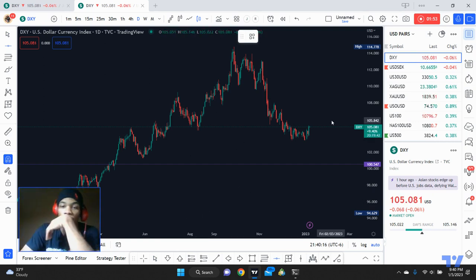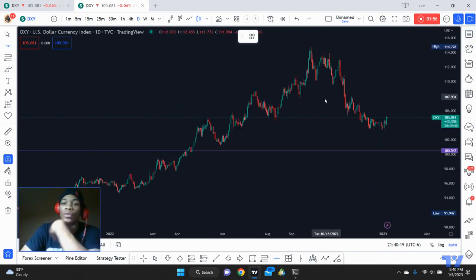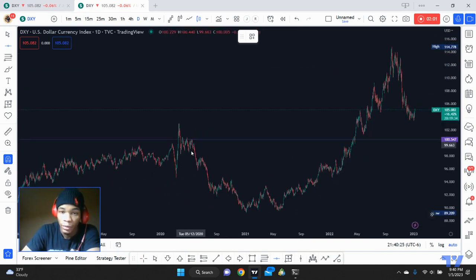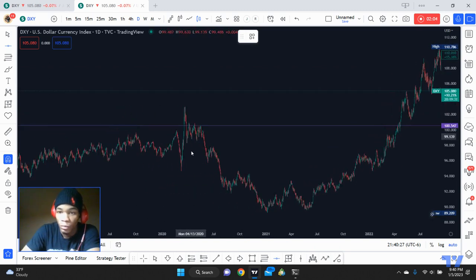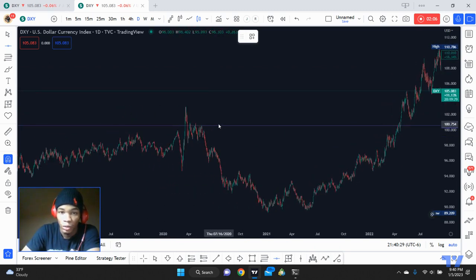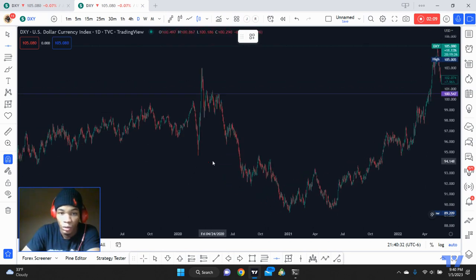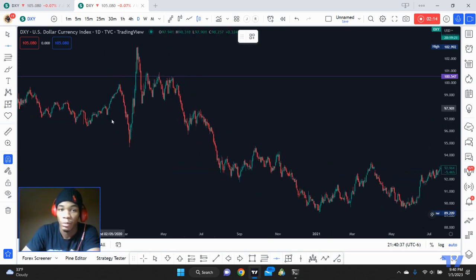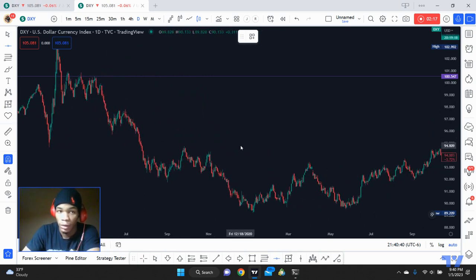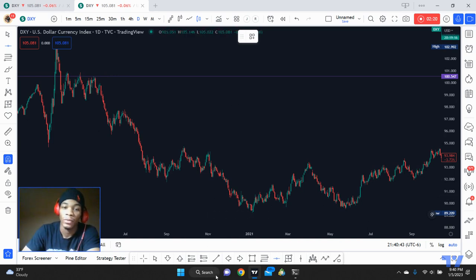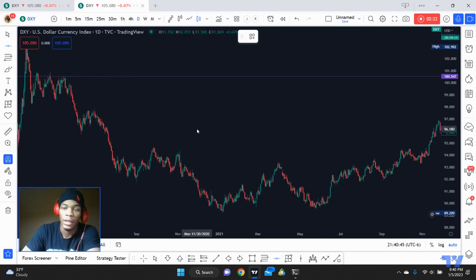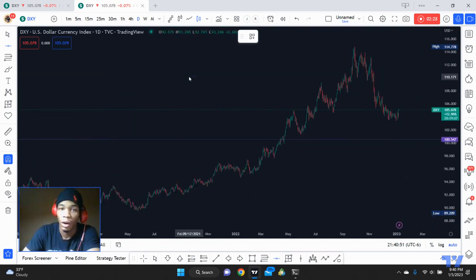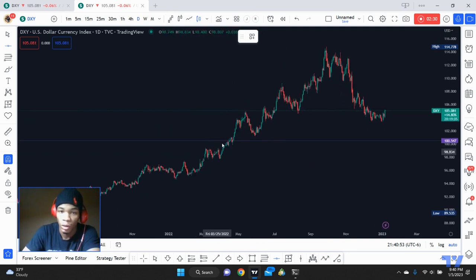If you see that purple line on my screen, I can make this bigger. That purple line represents a strong price level on the weekly time frame. If we trade and price goes below this important level, you're just looking for shorts, because anything long is not going to have much long volume. Besides right there, that was a lot of volume. But this is just on a daily time frame, so you can see the daily time frame didn't go over this level since 2020, and it broke through in